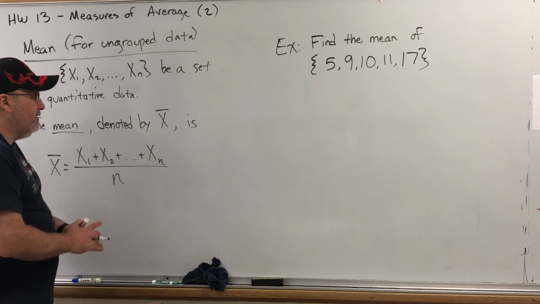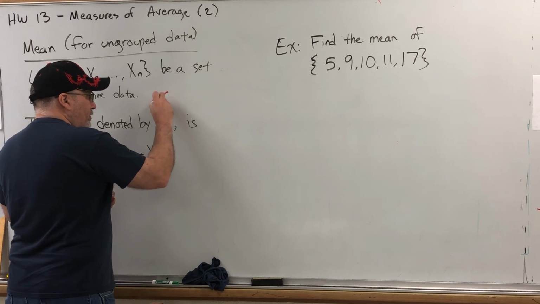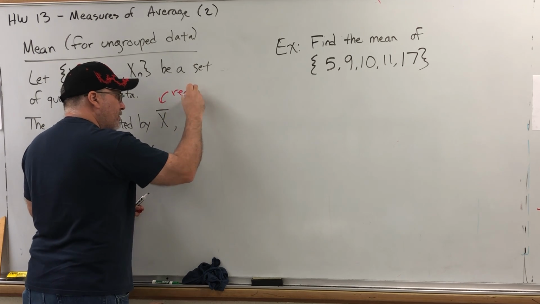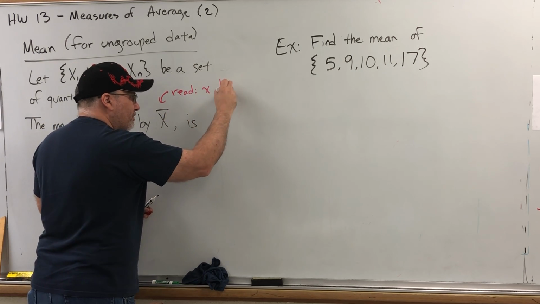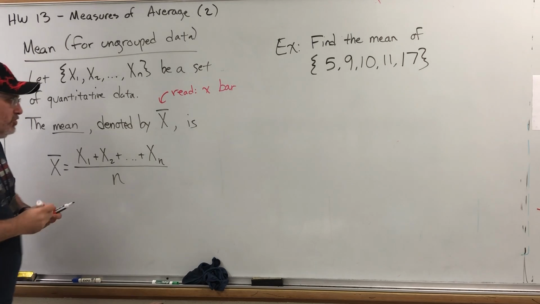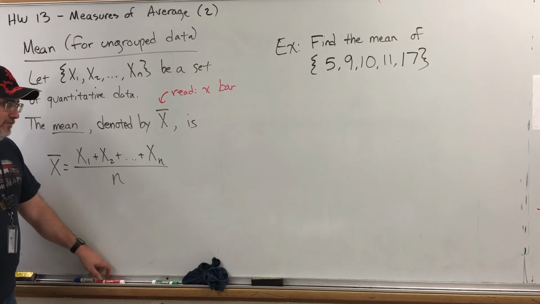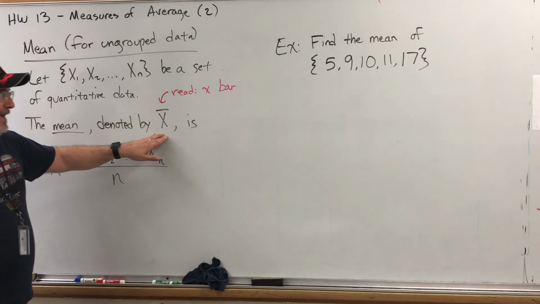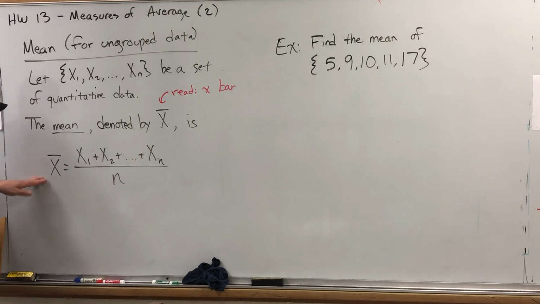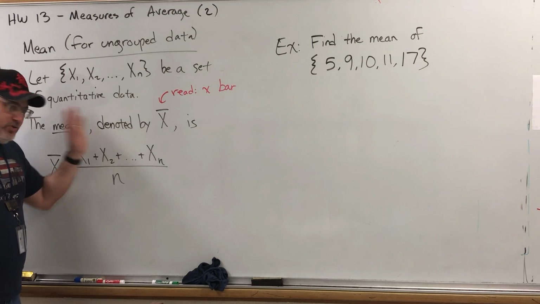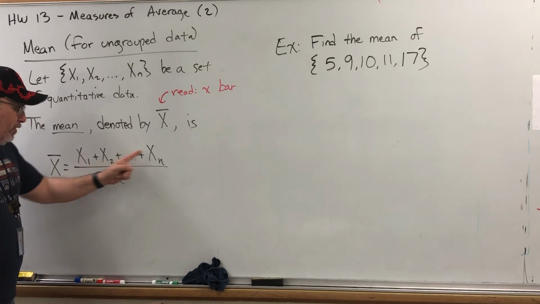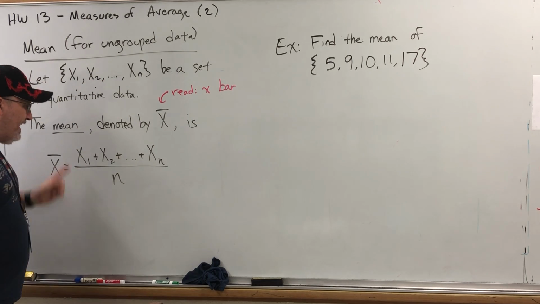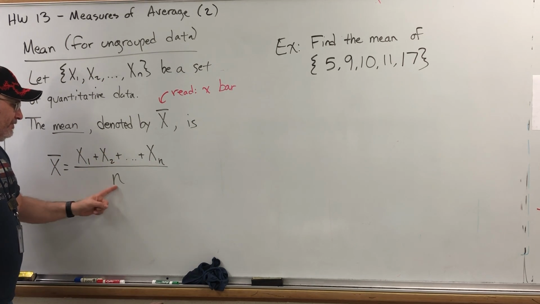The mean, denoted by this symbol, an x with the bar over it. And by the way, this symbol, which is the variable for mean, is read x bar. So anytime you see that, you just read it x bar, but it means the average or the mean. The mean, denoted by x bar, is x bar equals, now here's what you already know, you add up all of your x's, or all of your values,